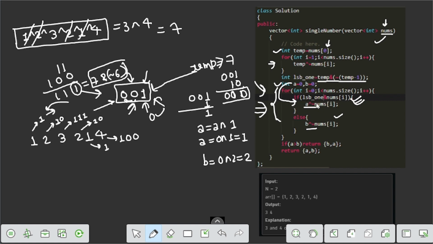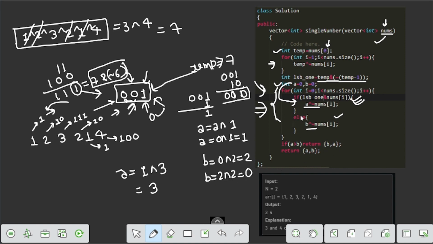So a becomes 1 XOR 3, which is 2 for a... that is, a becomes 3. Now in the next iteration we calculate 1 0 AND 0 0 1, which makes the condition false, so we go to b. So b becomes 2 XOR 2, which is 0.